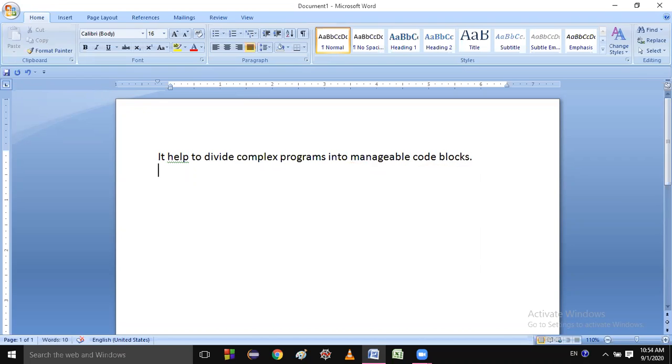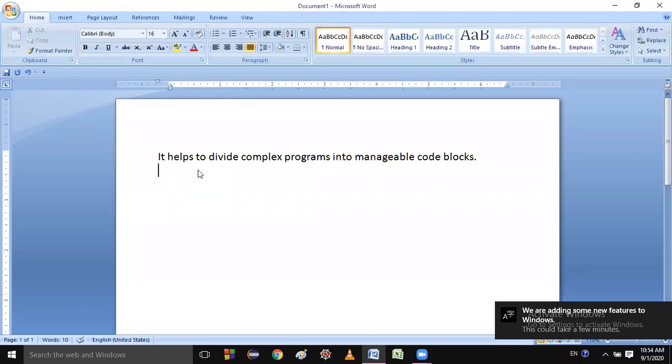And the next benefit of writing the method is that if you made a method, you can reuse it. That means suppose you made a block, and that block can do the addition of two numbers. So you made it, and in future you just use that method, and you will get the answer. Do not worry, I will do each and everything practically, but today I will discuss some theoretical part.